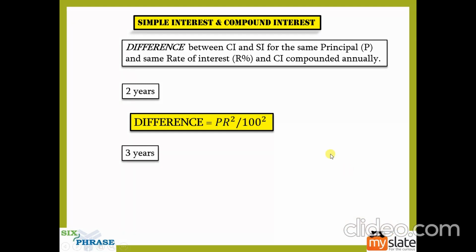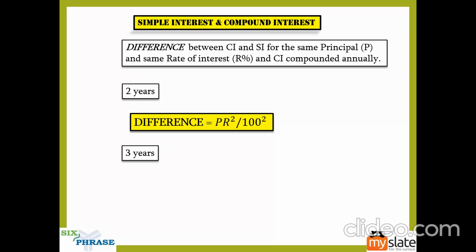Let us suppose they ask you for 3 years. Usually the pattern will be like this. They ask only for 2 years and 3 years. So that is why we have formulas for 2 years and 3 years. For 1 year, what does it mean? Guys, you find that if the principal and the rate of interest are the same, for 1 year, CI and SI will always be the same. So the answer is zero. They won't ask such questions. They'll never ask 1 year, because for the same principal and rate of interest, the compound interest and simple interest for 1 year will always be equal. So the difference between them will be zero.